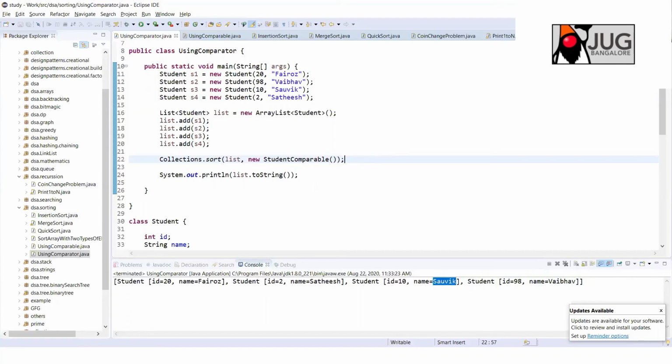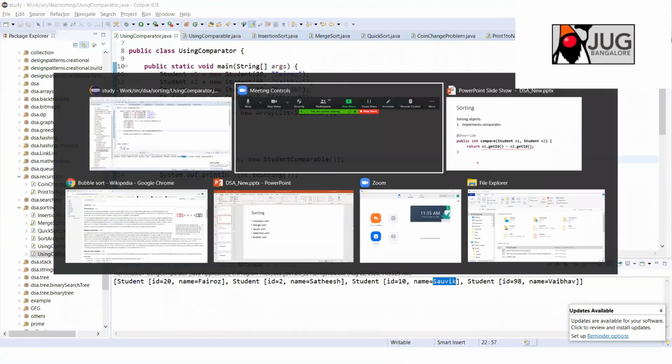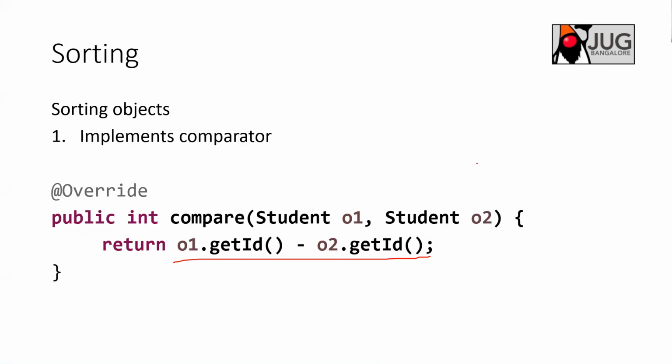For example, let's see in the case of Lomuto partition or Hoare partition. After the pivot element is identified, your left array will be in the natural order, like how it appeared in the first place, and the right array will be in the same natural order how it appears in the original. Let me show you that example.